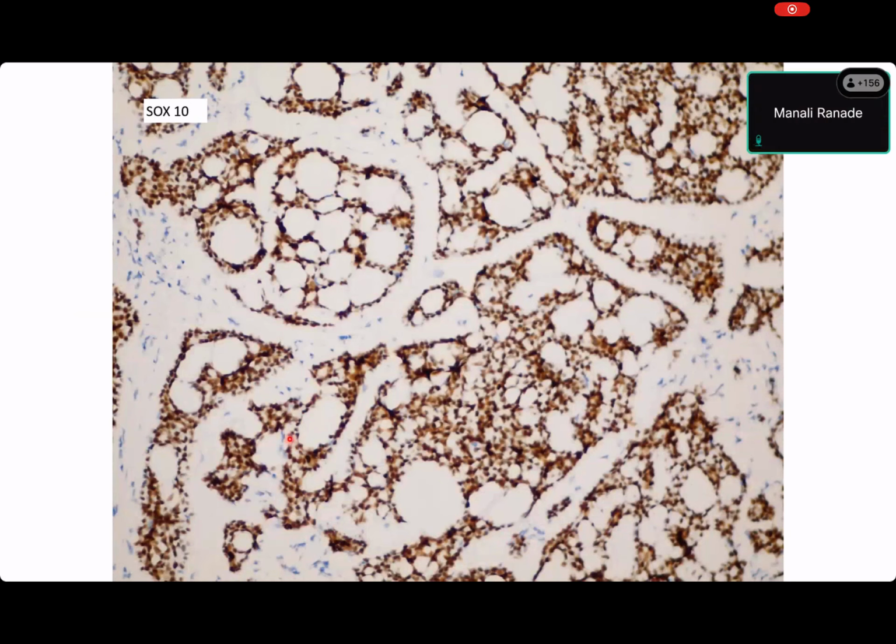Deepa Rani. Deepa, now you just look at this. This is exactly what I was saying. Every single cell in the cribriform areas is expressing SOX10. So there is no luminal differentiation seen here at all, because it's the myoepithelial cells that are proliferating in these groups. I hope you got the message.